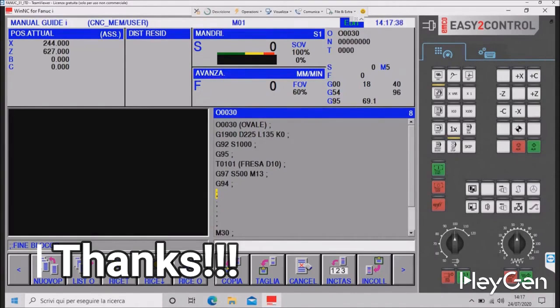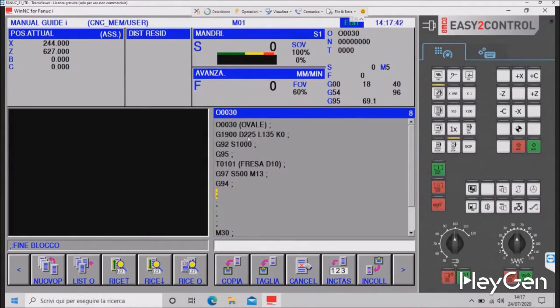I have already prepared the beginning of our program, which includes a rough piece with a diameter of 225 and a certain length. But that doesn't matter much to us because we will be making the oval at the front of the piece. So, on the 225 plane at height Z0, I have set a spindle speed limit of S1000 and I have called up a 10 mm diameter end mill parallel to the Z-axis, so a face mill that